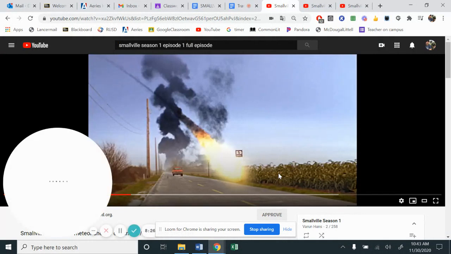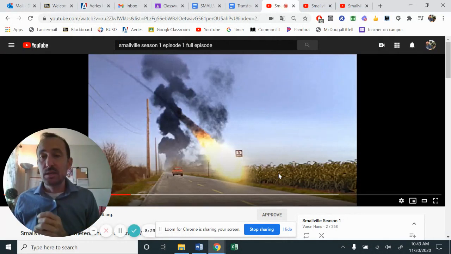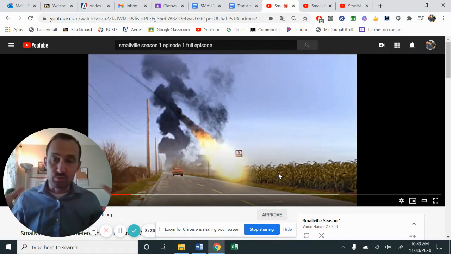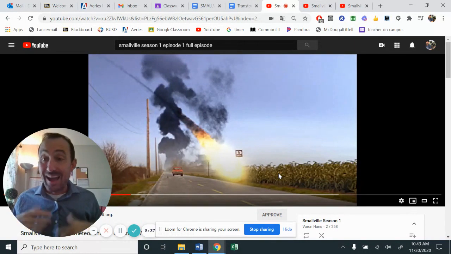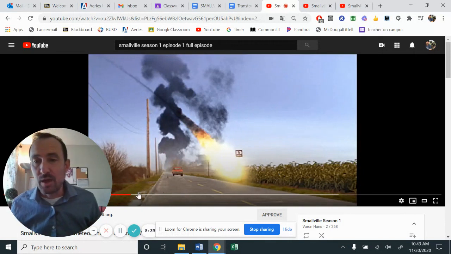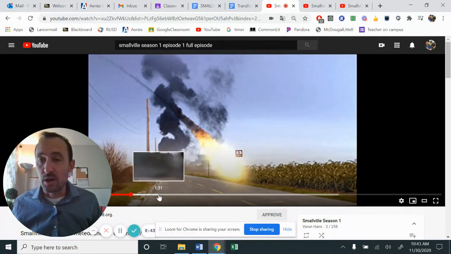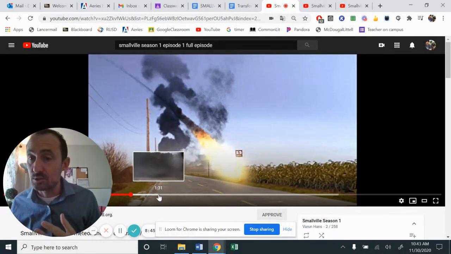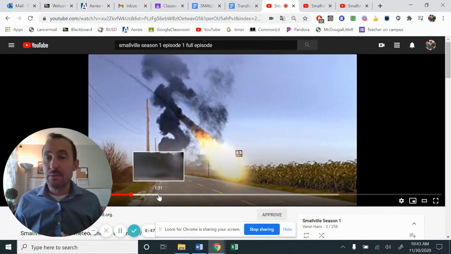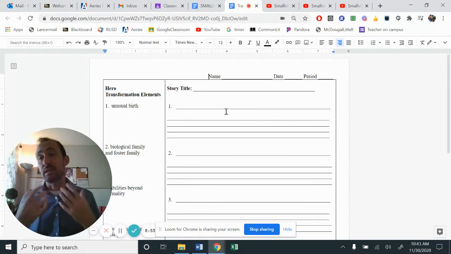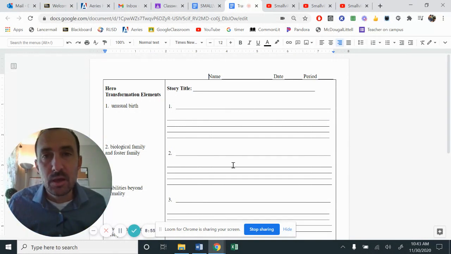So in our story here, Superman is coming to Earth in a meteor shower. He disrupts the town, and that's the way that we're introduced to him. So as you watch through this video, you'll see Jonathan and Martha Kent. Those are his foster parents. They find him and take him and adopt him. And that's how he's introduced. That's our very first component right here. That's how he's introduced. Okay.